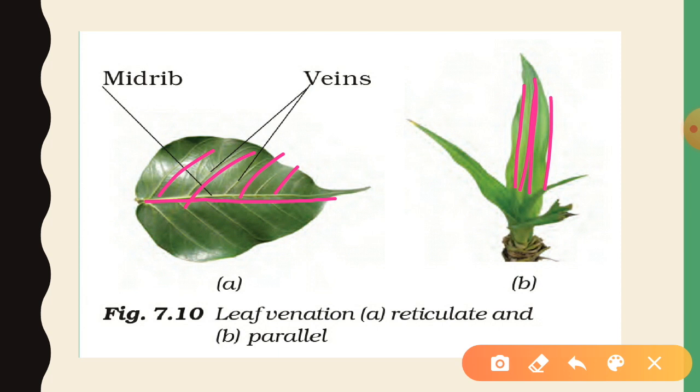So there are two type of leaf venation. First is reticulate, where you find the net like venation, and here where you have seen the parallel venation, that is called obviously parallel leaf venation. It must be clear to you. So we have seen the type of venation present in a leaf. Okay, so next is